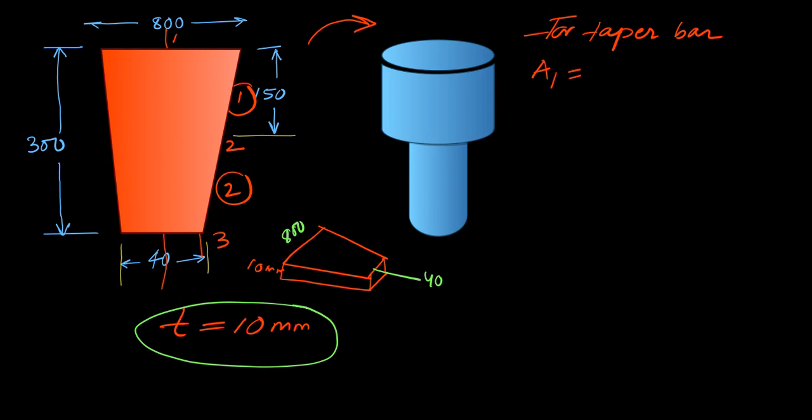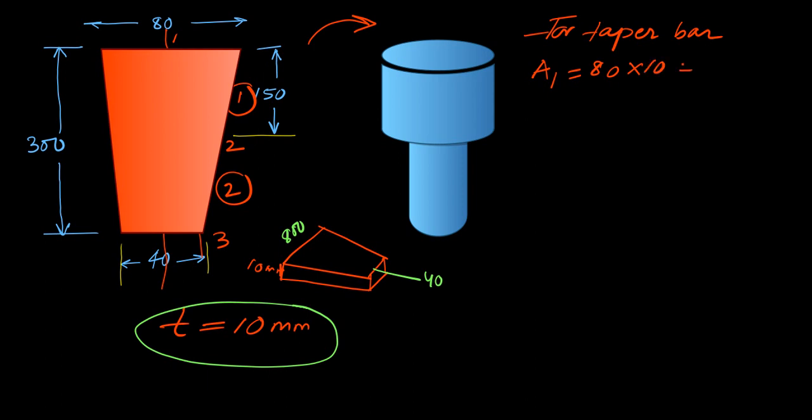So it is 80 into the thickness, 80 into T. Sorry, it is 80, not 800. We are calculating the area for node 1, right? So 80 into 10,